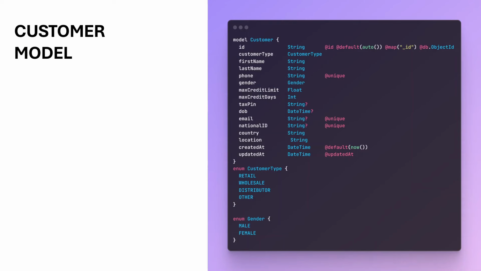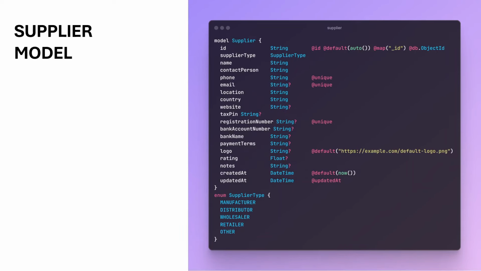So, in the previous episode, we looked at these two models, the customer model and the supplier model, and we were able to create a handful of API routes and some endpoints. We created some endpoints that we tested out, and we did not create all the endpoints, but at least we created the ones to start with. So in today's video, we're just going to look at